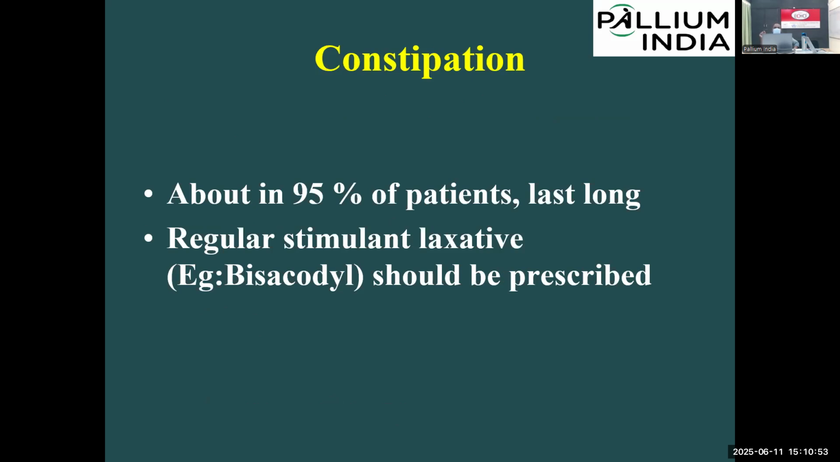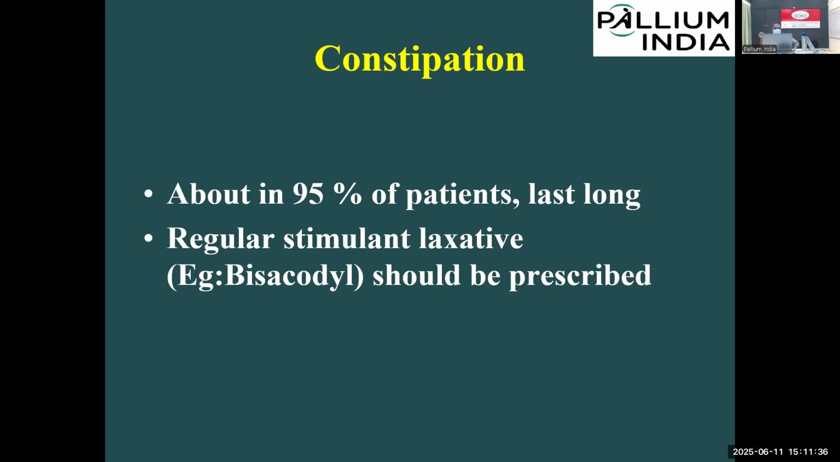Constipation. This is the most common side effect of opioid. Many of you might be teaching the students, and if you look at the pharmacology textbook, the most important side effect would be written as respiratory depression. That is not true. That is not the most common side effect. Most common side effect is constipation. It occurs in almost all patients. You can see 95% of patients would have constipation, and it will continue to be there as long as the